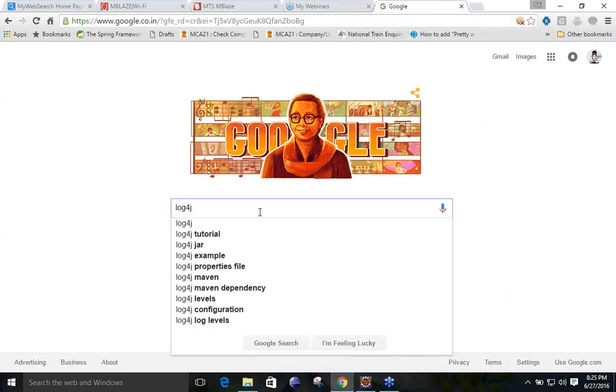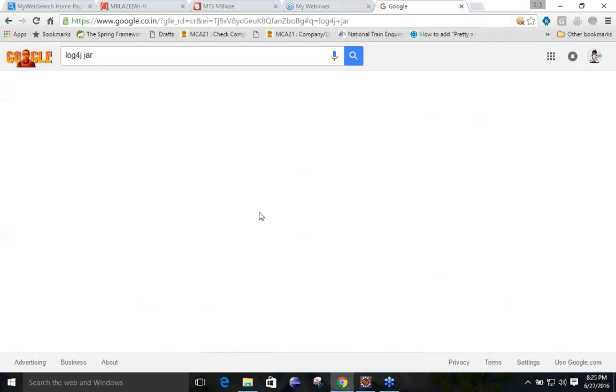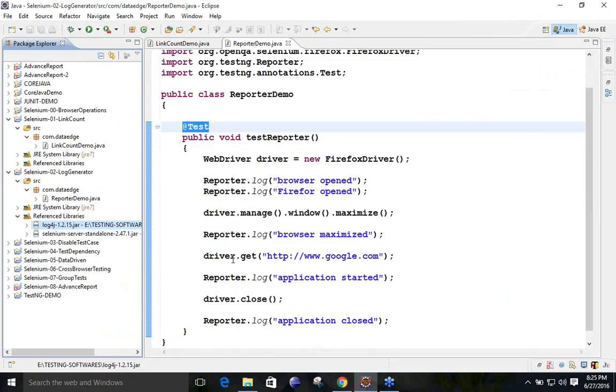You can directly download the jar files from that folder, Selenium, and you can give it into the property. So here we have the jar files: testng, Selenium server and log4j. For testng I have not added any jar files from my side. Why? Because testng and JUnit can be taken from the Eclipse itself. That we have seen.